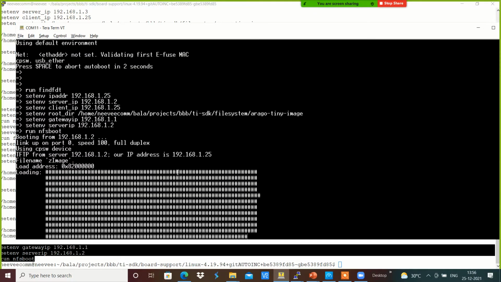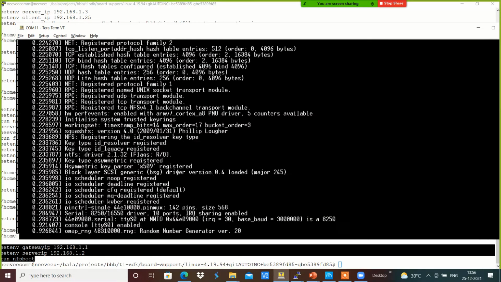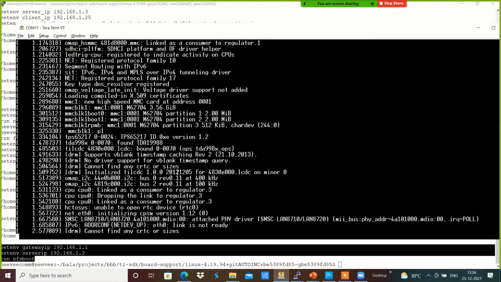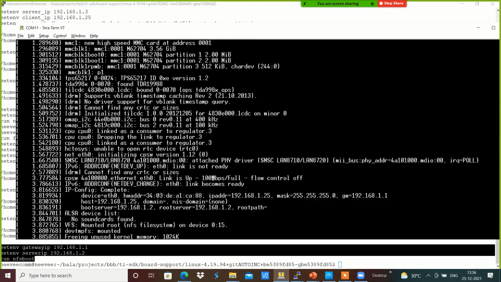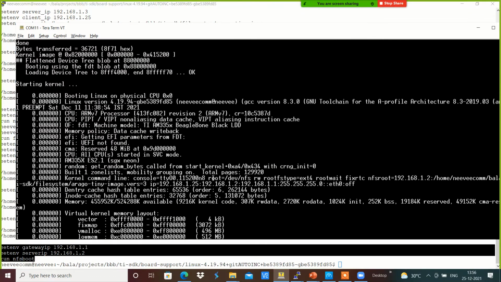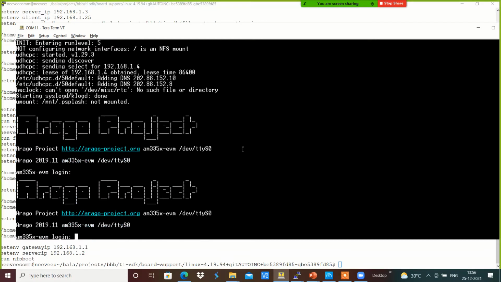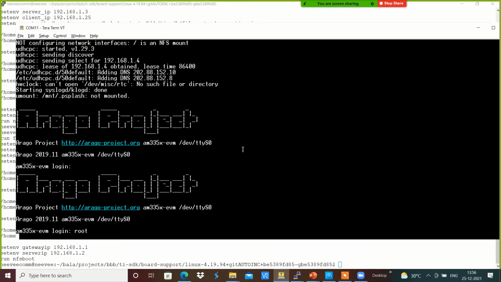Now there is no change in the kernel image. We just changed only the device file, and we will see whether there is a change in the boot up processor information. For example, here we can see our BeagleBone Black LDD got added. Now we will try to add the LEDs accordingly into the system.